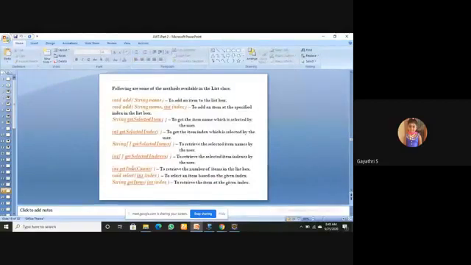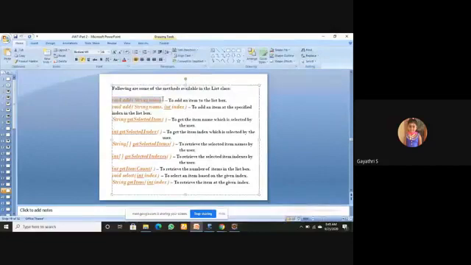Next, a lot of methods. As usual, add a particular item to the list. The second one, add a particular item at a particular index. Then you have to retrieve the items available in the list. With get selected index we retrieve the item based on the index.